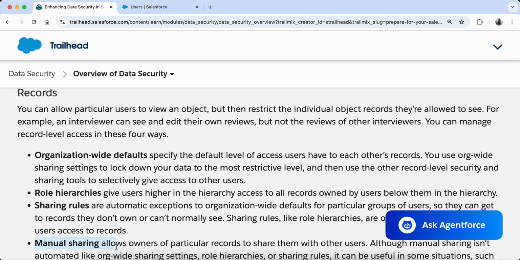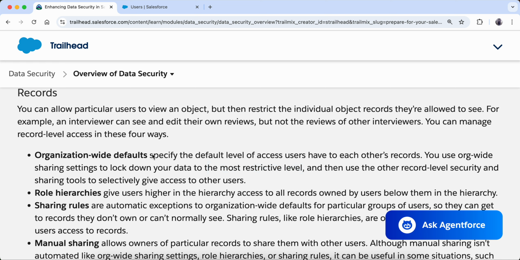We are going to do hands on for each one of them, to explain how exactly it works. So org wide default is the most restrictive level, because org wide default says that this is the default level of access users have to each other's records.